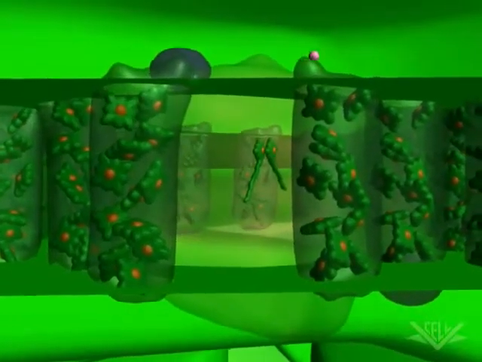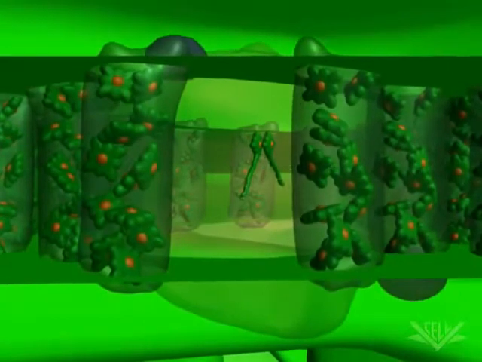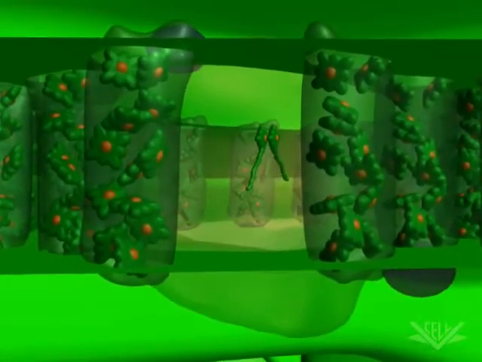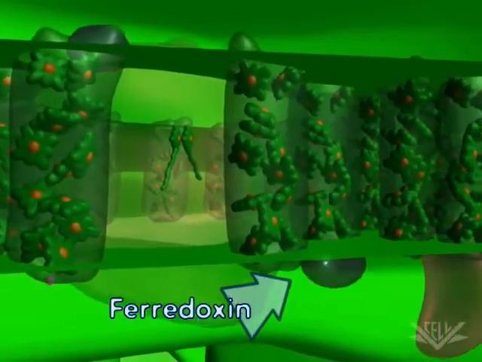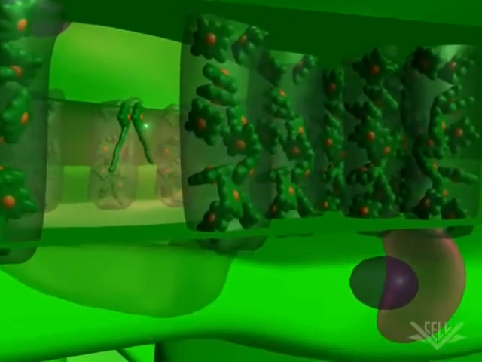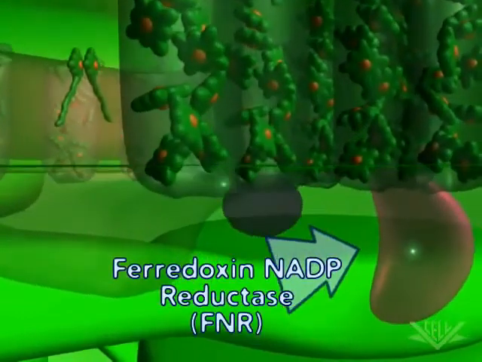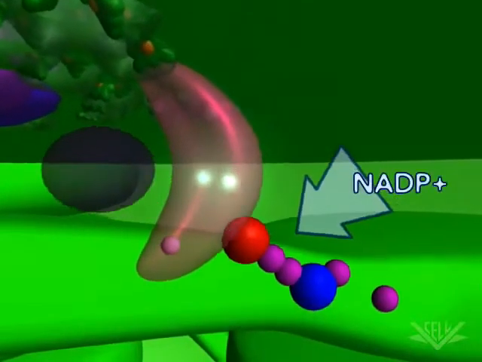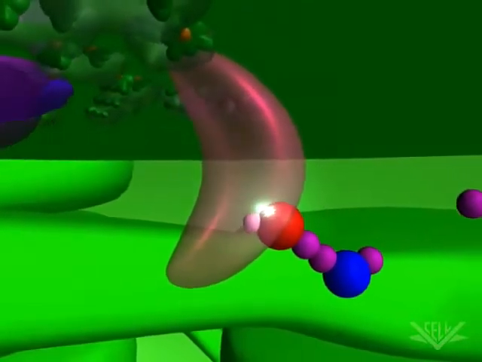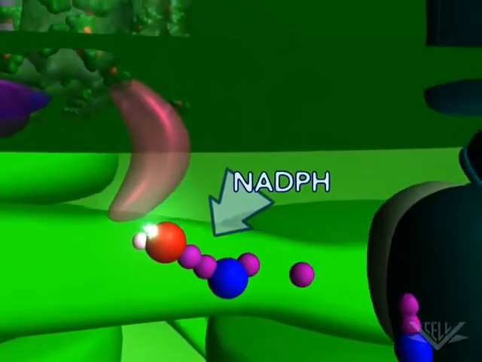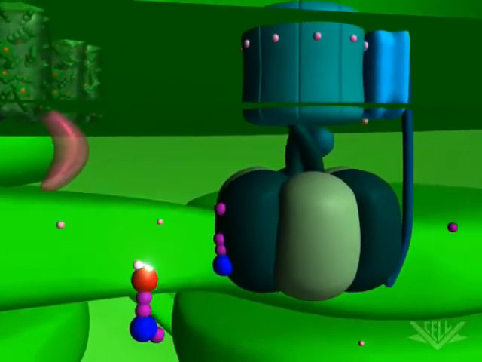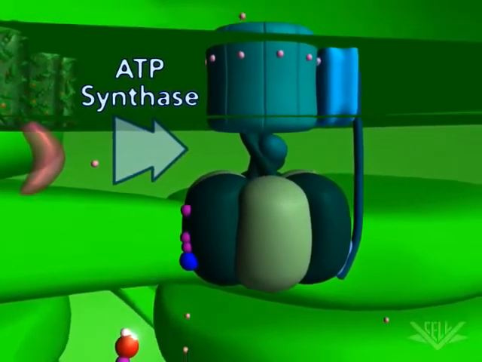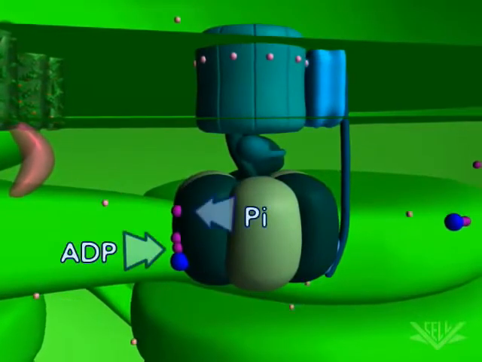It is here that photons again energize each electron and propel their transfer to ferredoxin. Ferredoxin then transfers the electrons to the ferredoxin NADP reductase, also known as FNR. After 2 electrons are transferred to FNR, NADPH is made by adding the 2 electrons and a hydrogen ion to NADP. The gradient created by the electron transport chain is utilized by ATP synthase to create ATP from ADP and